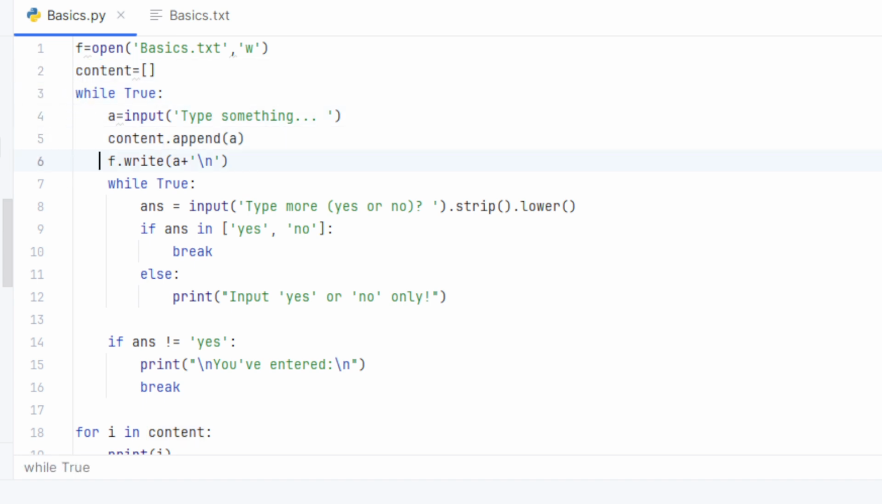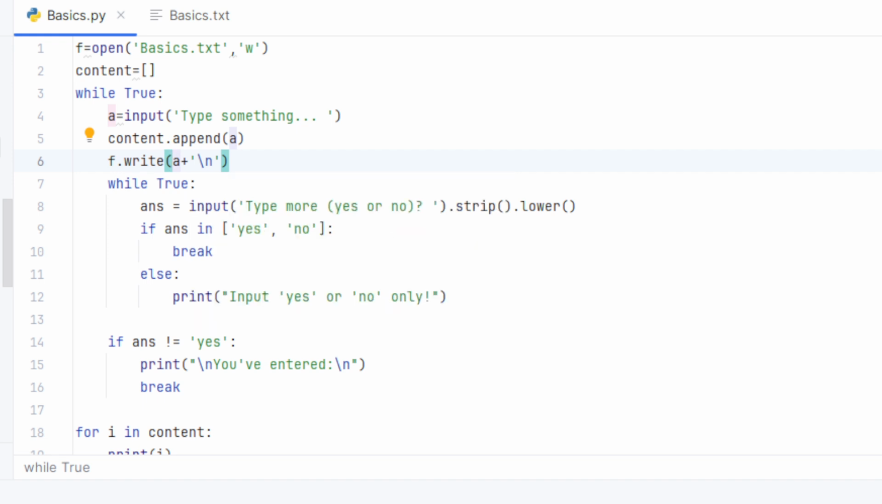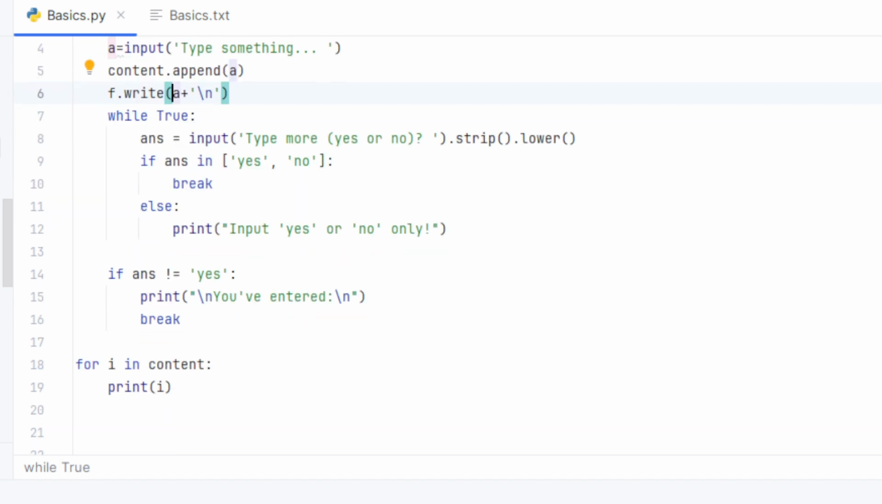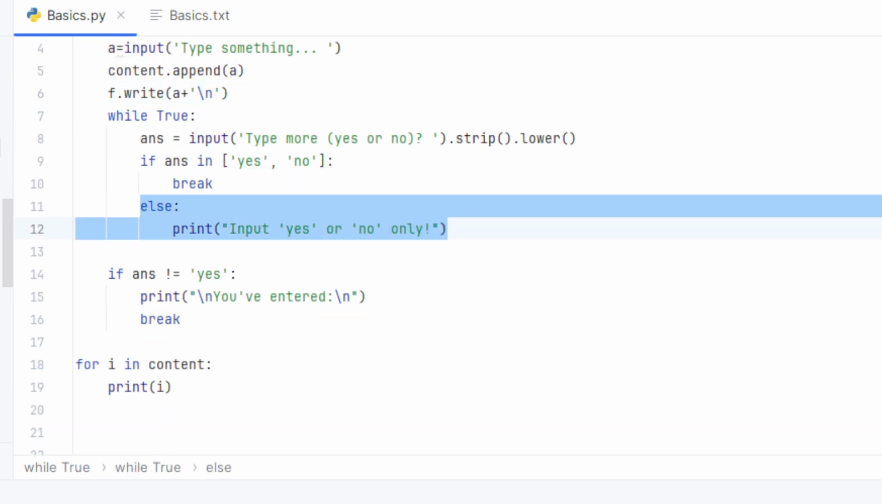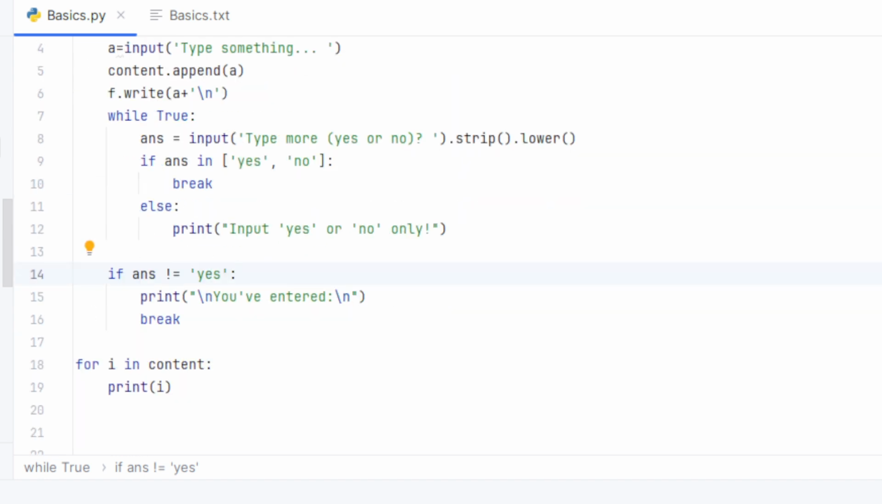Yes, this is append and f.write. This is very important because it writes. When we write, we need a pen. This is the command needed to write. f.write. While True, answer equal to input yes or no .strip().lower(). If answer in yes or no, then it will break, and if answer is not in yes or no, it will go on. But if answer not equal to yes, then actually which we had given,